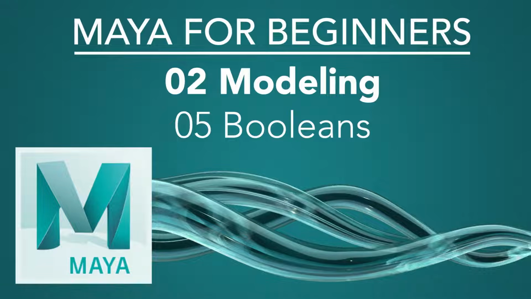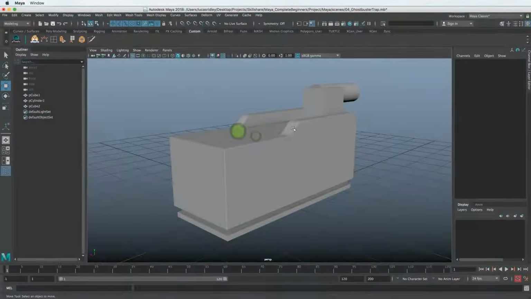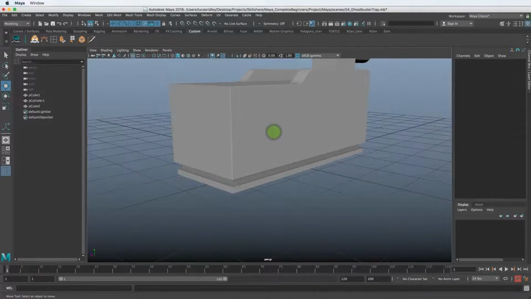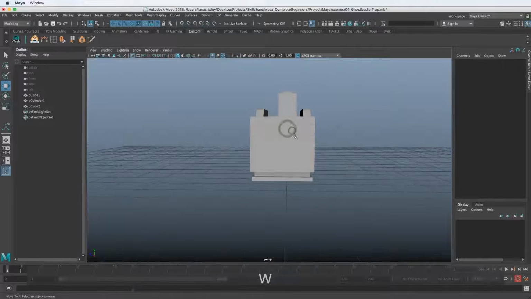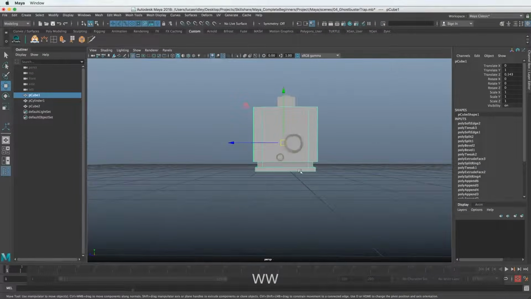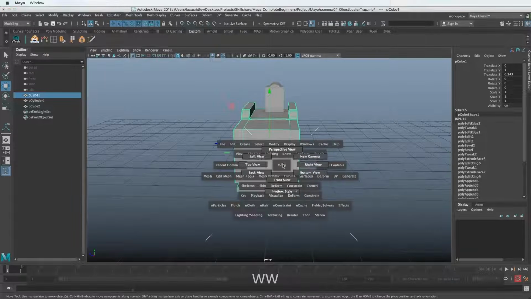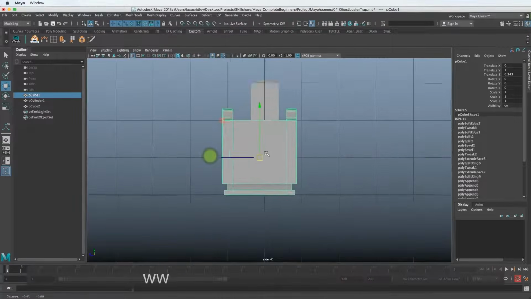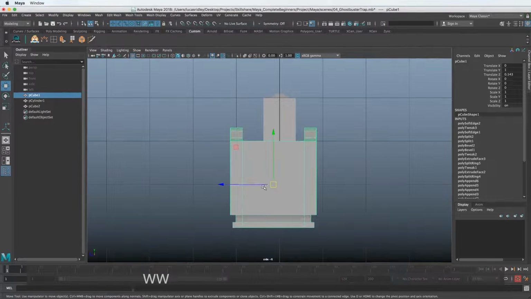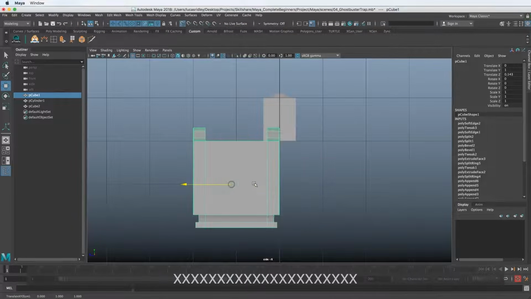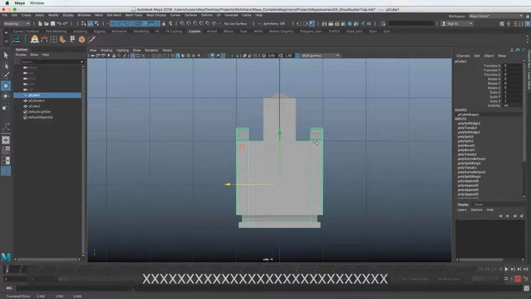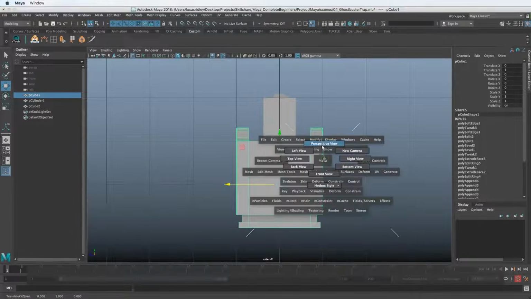In this lesson, we will continue to create detail on this Ghostbuster trap. In the previous one, we did some beveling of the edges. Let's finish that up. But first, I noticed that at some point my model got uncentered. You can see that it's not totally centered up here. So all I need to do is hold down spacebar, click in the middle here, go to my right view, and I can see that it is not lined up with the handle. So I can just hold down X, and with the move tool selected, snap it to the middle. Now I can tell that it is centered up with everything and we're ready to continue.